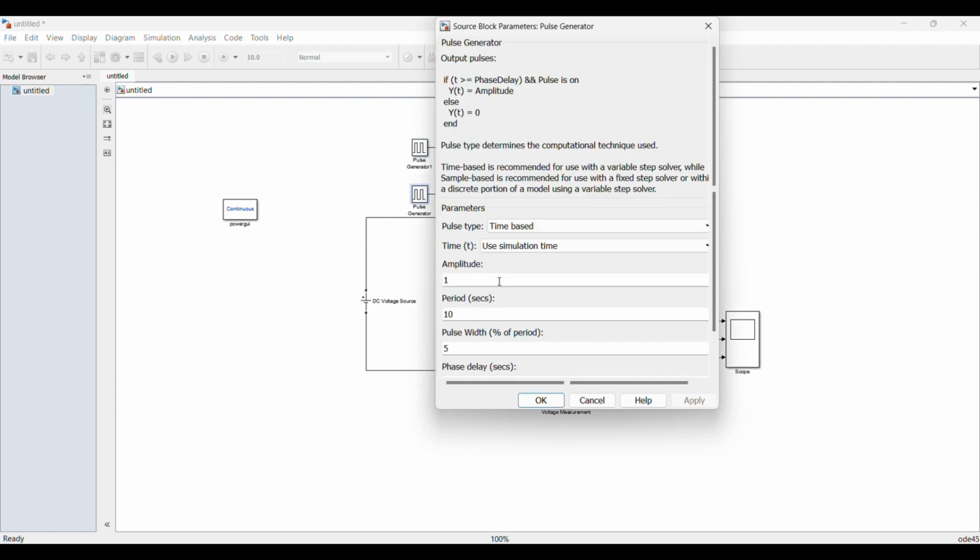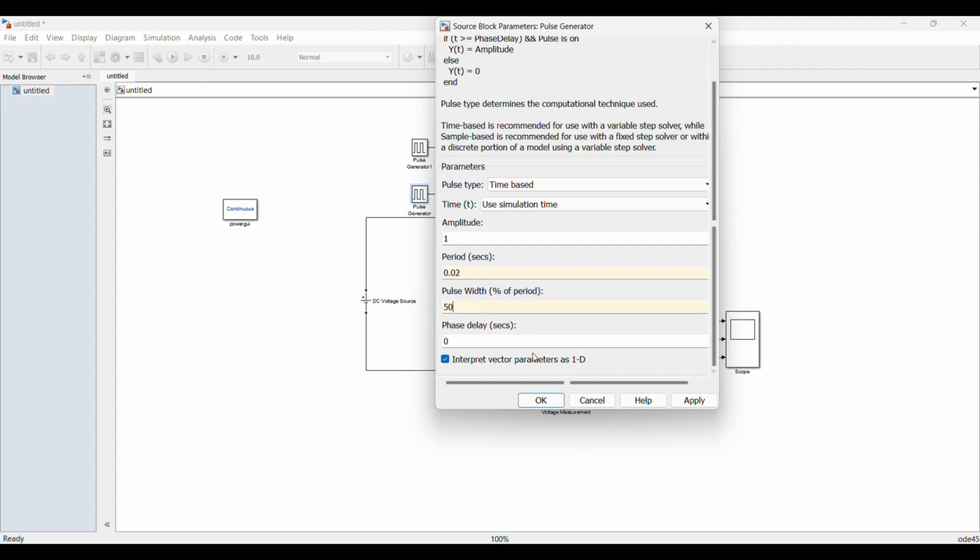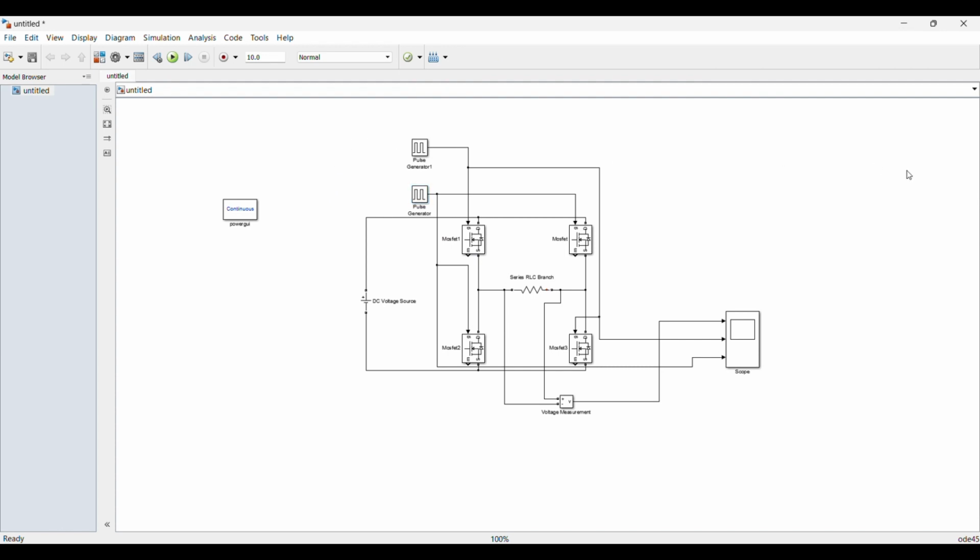For the next pulse generator, we will provide the same values with 0.02 period, pulse width of 50, but a phase delay of 1 by 100. That means after 1 by 100th second, we will get our high level. That means after 1 by 100 we will get 1, but for the first pulse generator we will get 1 at 0. So 1 by 100 is 0.01. And if we start,